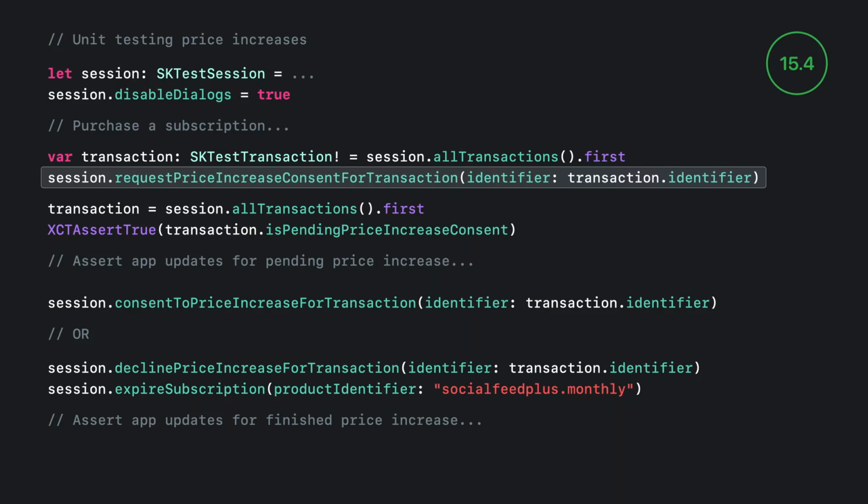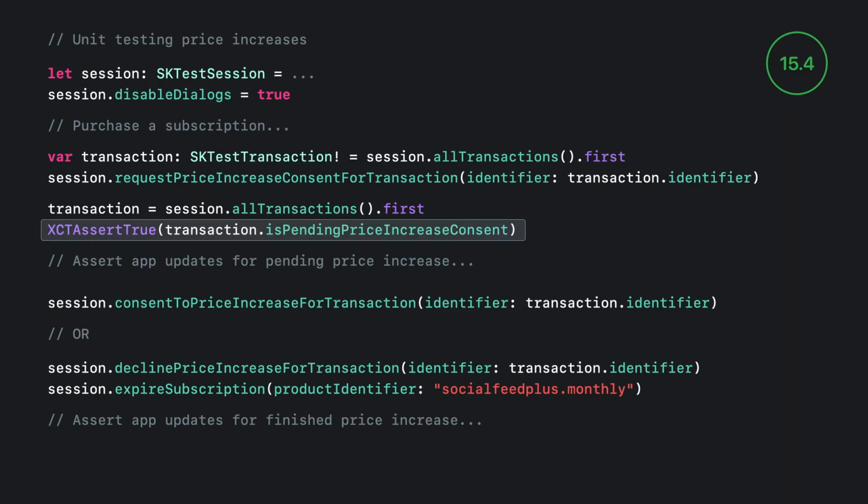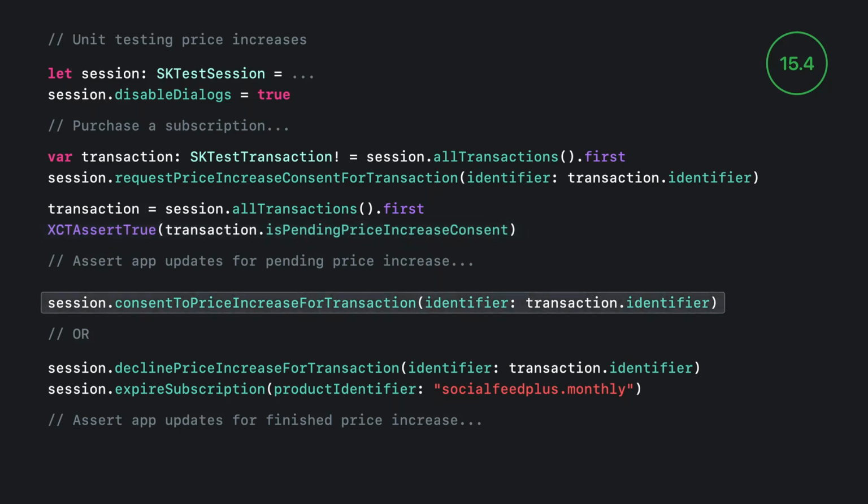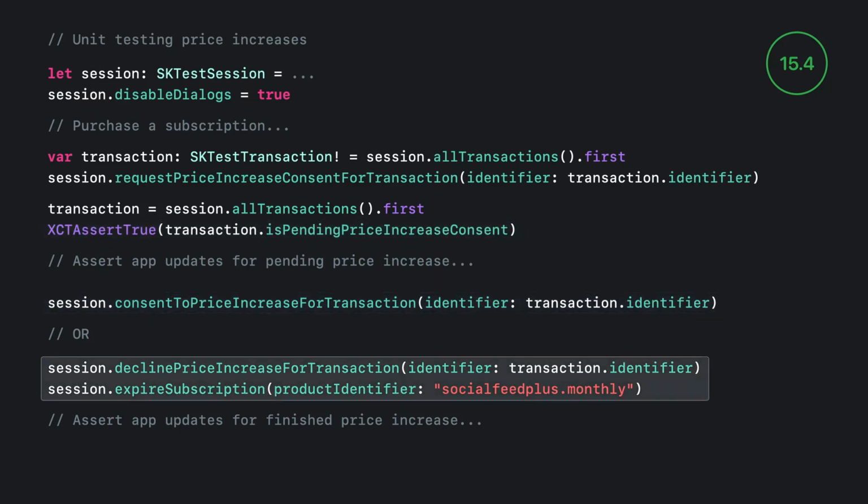To verify a test transaction is pending a price increase, we'll check the is pending price increase consent property. Finally, depending on what we're testing, we can call consent to price increase for transaction or decline price increase for transaction to see how our app responds to finished price increase cases.